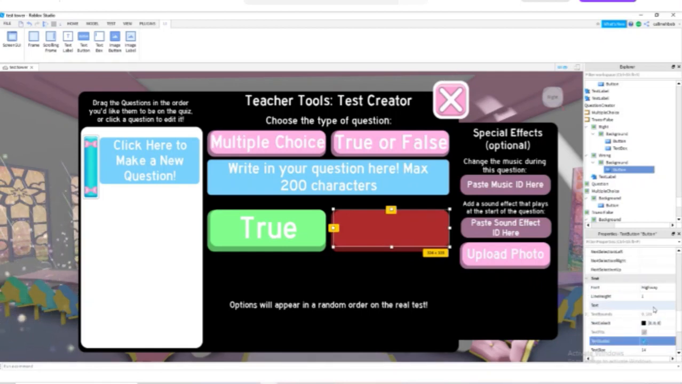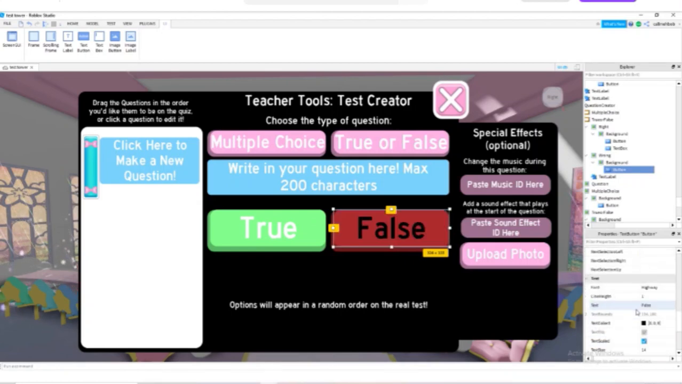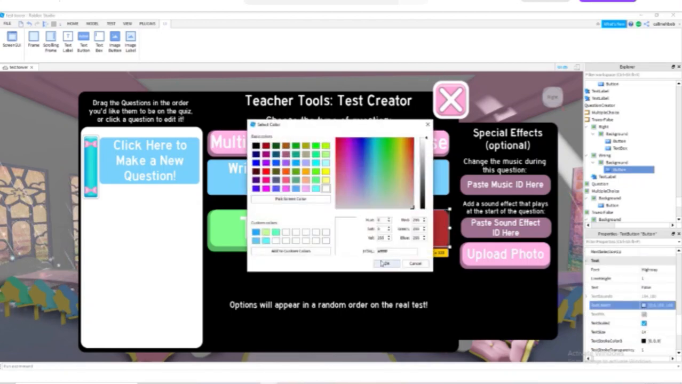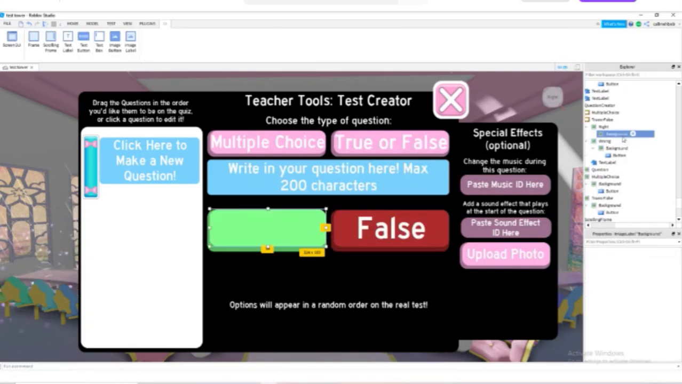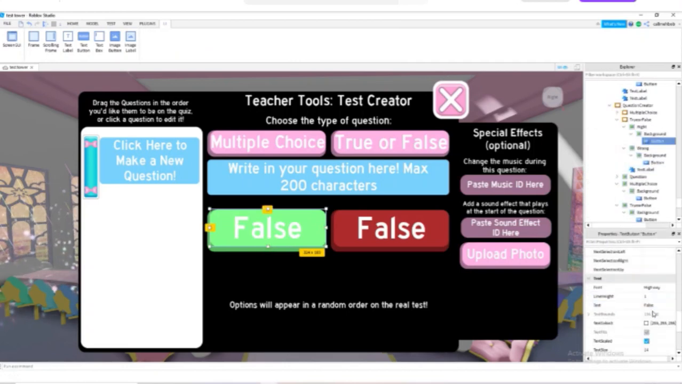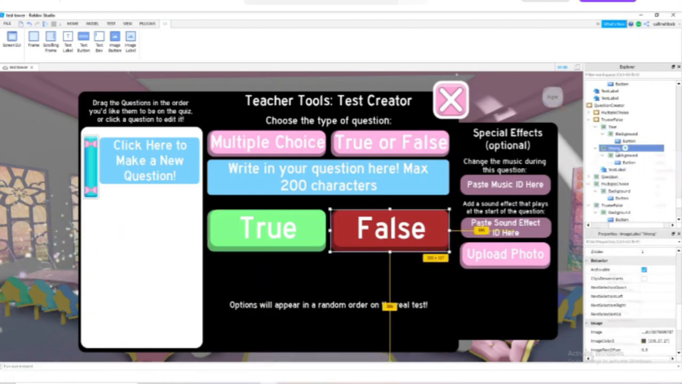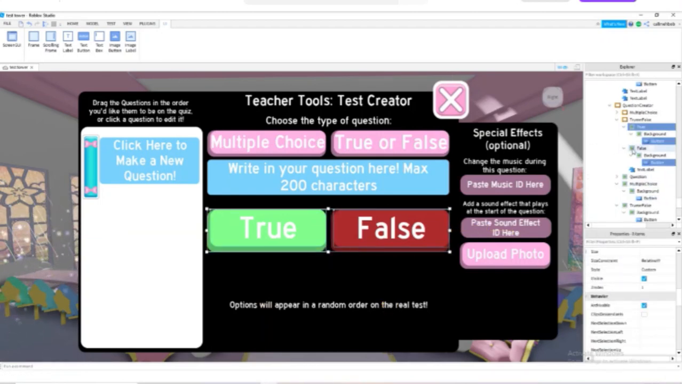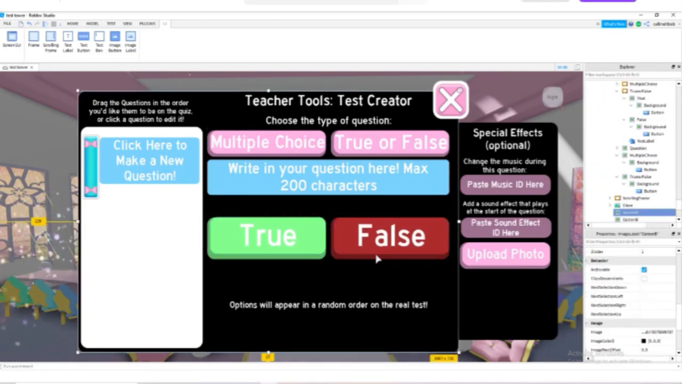Highway. False. Visible. Sorry, I need to fix how this is formatted. I need to delete this one too. True. True. False. So I'm thinking that I will put some instructions right above these buttons that says like